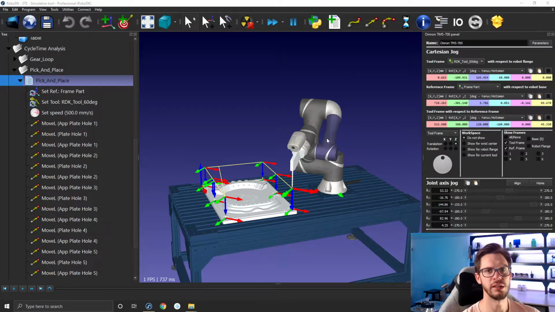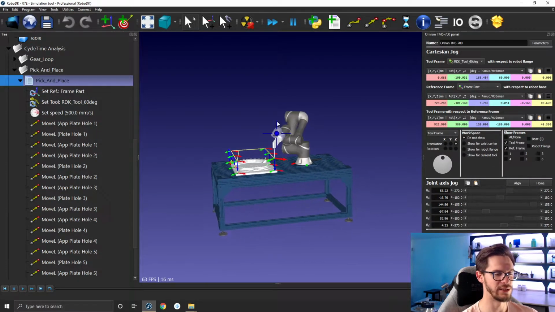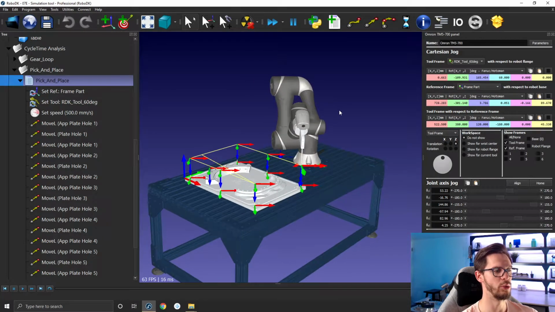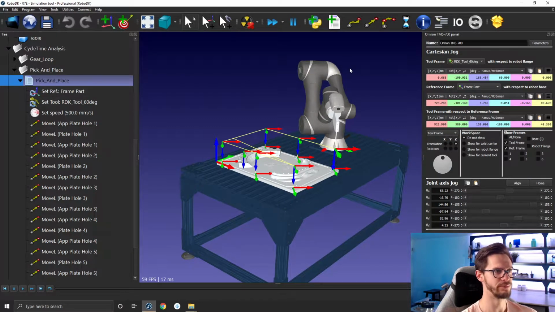Okay, let's quickly talk about cycle time estimation. Before we do anything, I just want to emphasize one of the words I used: cycle time estimation. We're not trying to fool anyone by saying that we can guess the time perfectly. We do a very good job in specific situations, so you need to be able to take advantage of those good estimations and understand when those estimations reach their